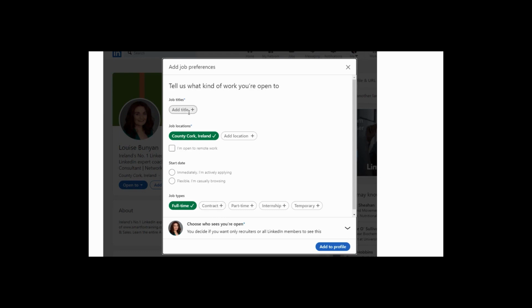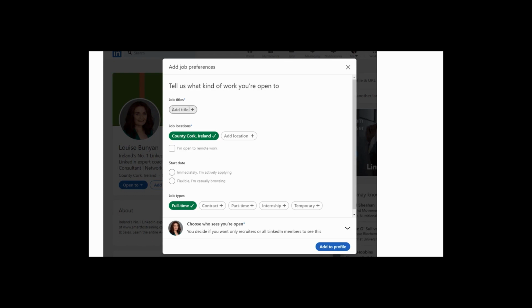So job titles. This is compulsory, it's got the little blue star beside it. So what kind of job titles are you after? So I'm in the digital marketing space, so I'm going to add in a few different types of job titles, and you can add up to 5, and I would highly recommend that you do add as many as you can, because I'll show you now why it's really important that we think of different types of variances of job title that are out there for us.